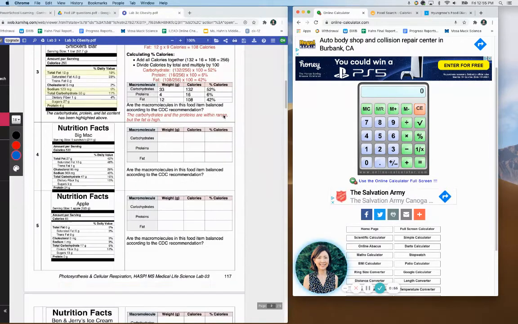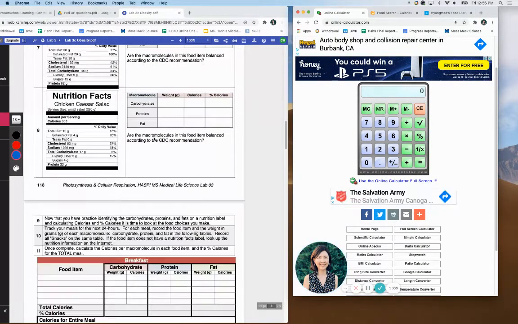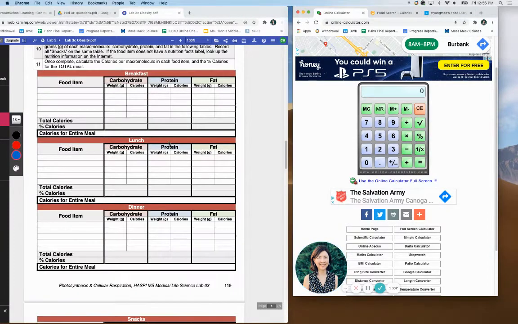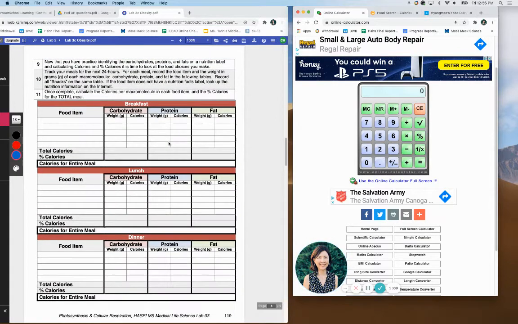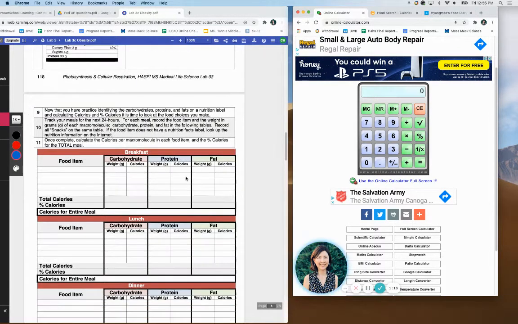So we're going to be practicing how to calculate calories in different foods, and then you're going to be tracking the food that you eat for a day, a 24-hour period,